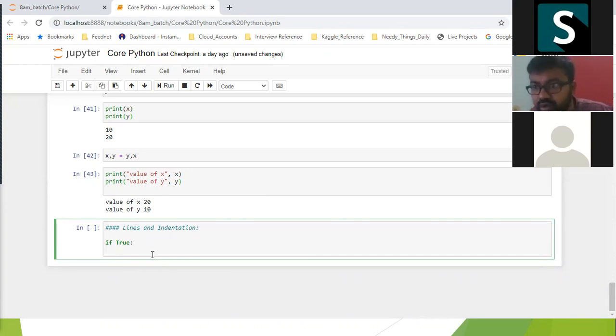If it is not giving indentation space, I need to press the space button 4 times: 1, 2, 3, 4. So this is where my block starts. This indentation, whether space or tab, says that the if condition block has started. I say print it's true.